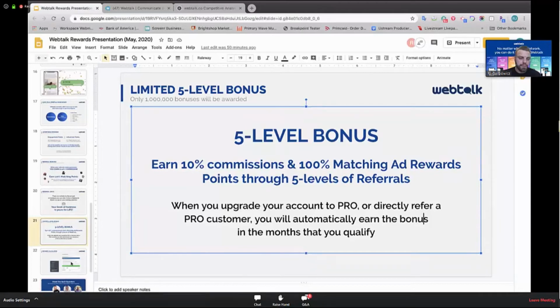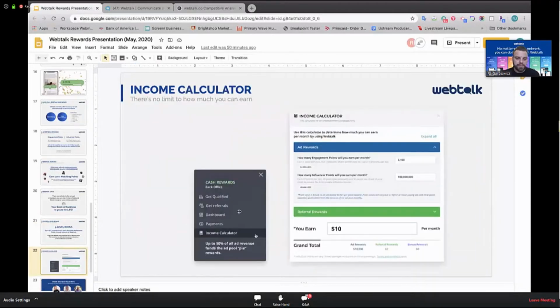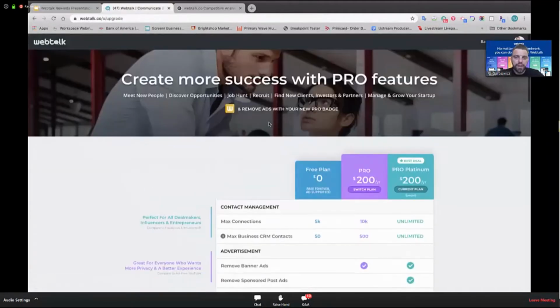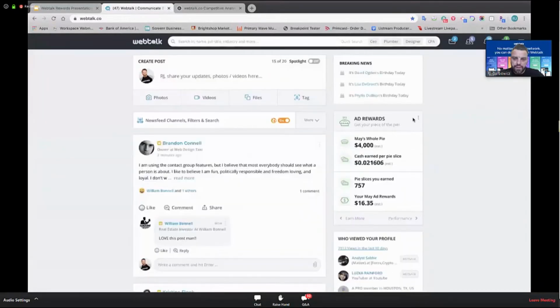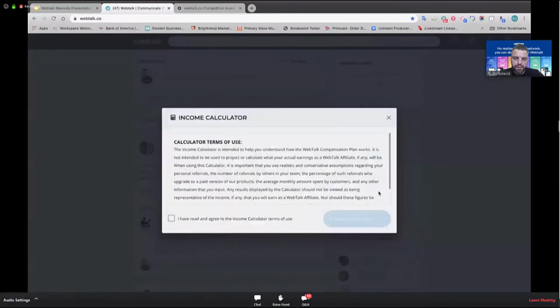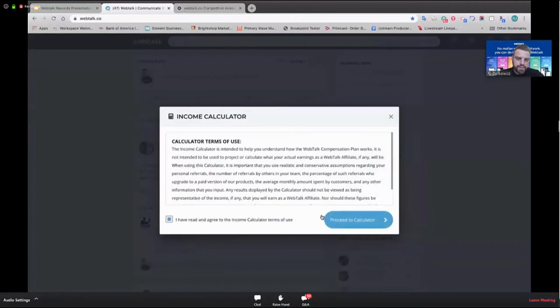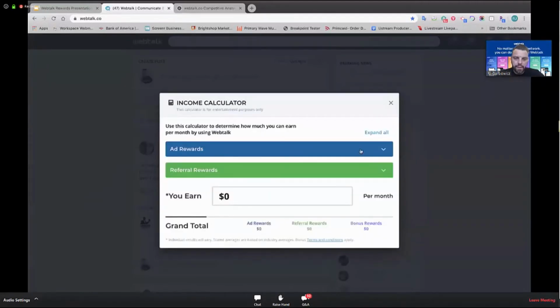Now, inside of Webtalk, the ad rewards widget that I showed you earlier has a mouse over at the top right where you can click on the 3 dots and it'll open up this panel where you can click on your income calculator. This income calculator will actually walk you through how much money you can make from Webtalk. And I'm going to walk you through this right now so you can see this. So in the ad rewards right here, you click these 3 dots. Here's your income calculator. Just agree to the terms that this is for entertainment uses only. And then you can see here